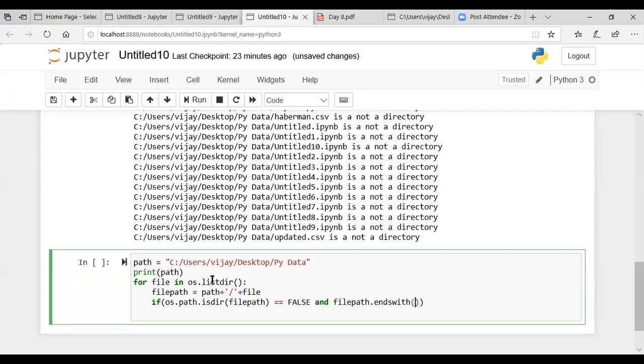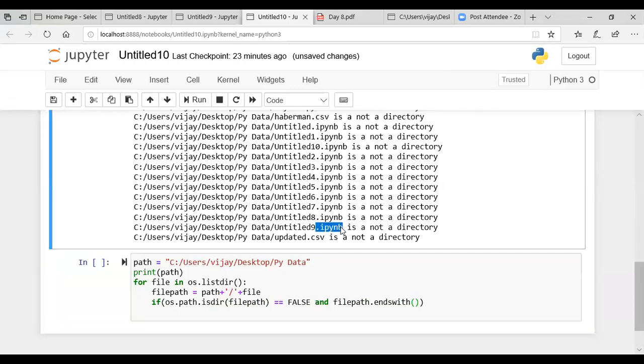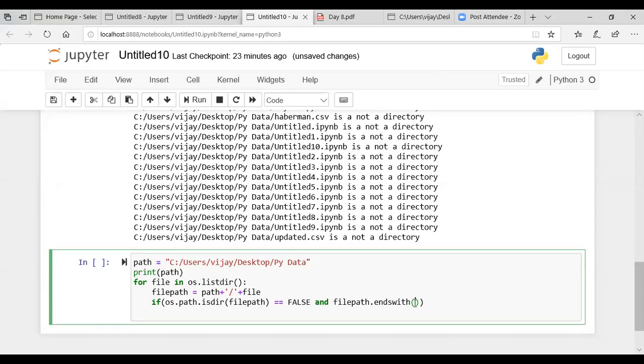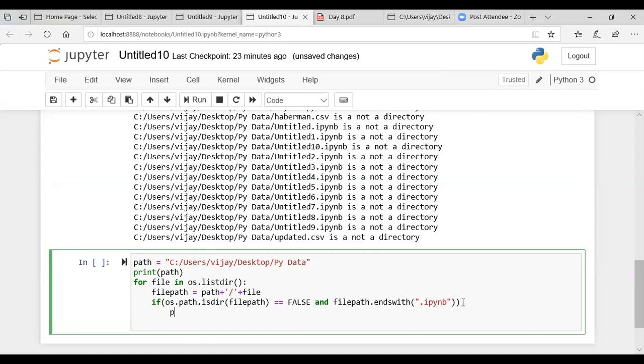Now, whichever type of files you want to display, I'll just copy paste from here. And I'll be displaying that file along with its path.